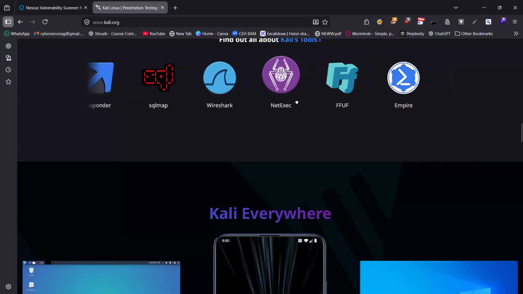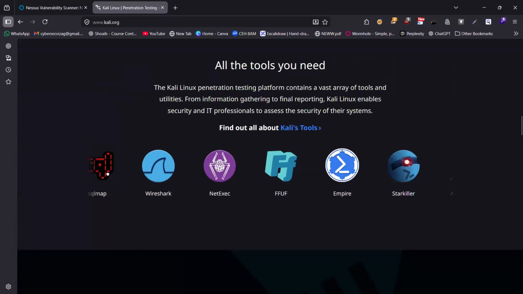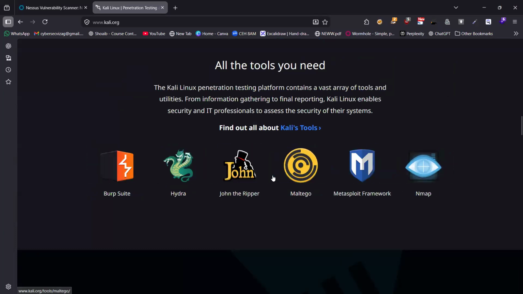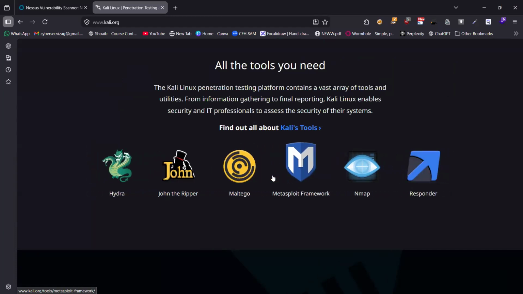SQLmap, वायरशार्क। सो जो जो भी ऑपरेशंस हैं, हर ऑपरेशन के लिए एक अलग अलग टूल होगा, हर टास्क के लिए। तो ये टूल्स हम आगे यूज करेंगे। टूल हर एक टास्क के लिए अलग अलग वर्क करता है क्या? हाँ, एग्जैक्टली। एक सिस्टम स्कैन के लिए है, एक पासवर्ड अटैक के लिए है, एक वल्नरेबिलिटी स्कैनिंग के लिए है, एक वेब एप्लीकेशन सिक्योरिटी के लिए है।